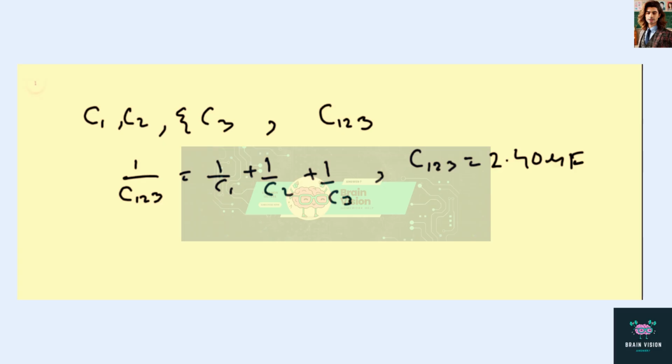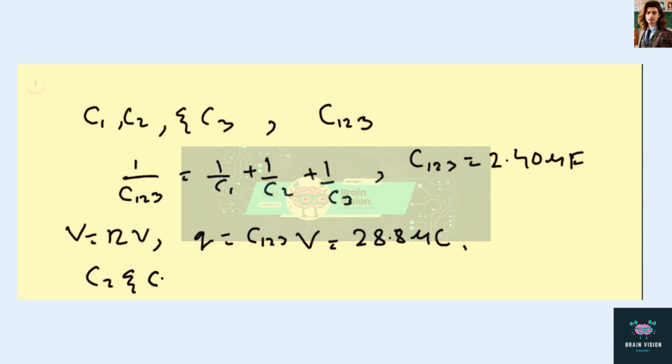With the voltage V equal to 12 volts, we obtain Q is equal to C123 times V, that is equal to 28.8 microcoulomb. In a final situation,